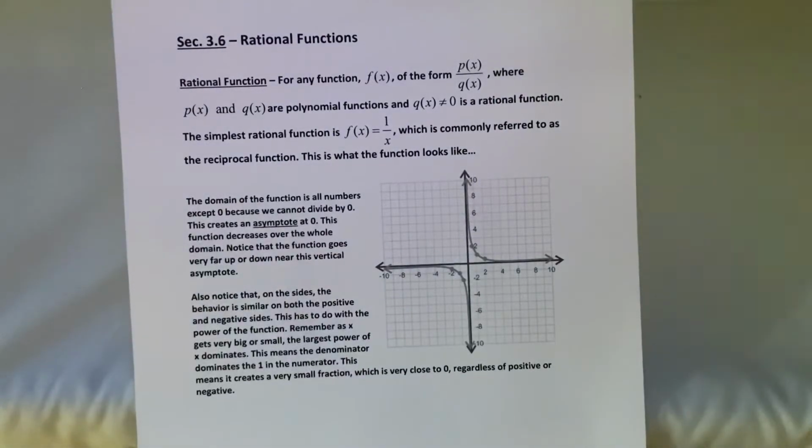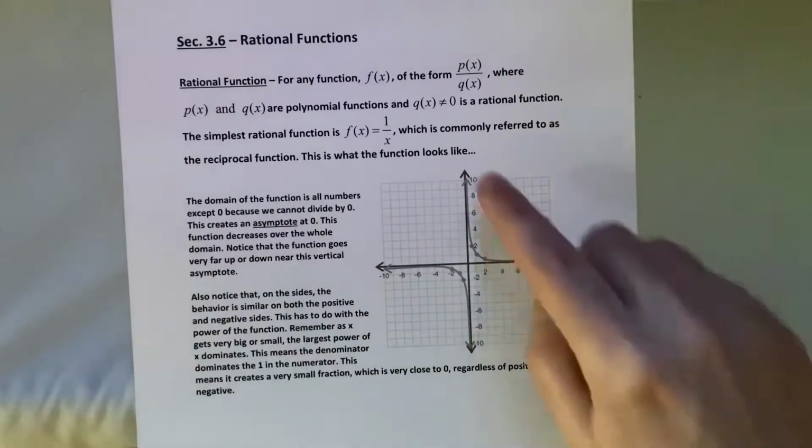Okay, business algebra, the last section of chapter 3 that we'll cover is on rational functions. Rational functions take two polynomials and divide them, where the denominator is not 0. The most basic rational function is 1 over x, which is sometimes referred to as the reciprocal function, and it